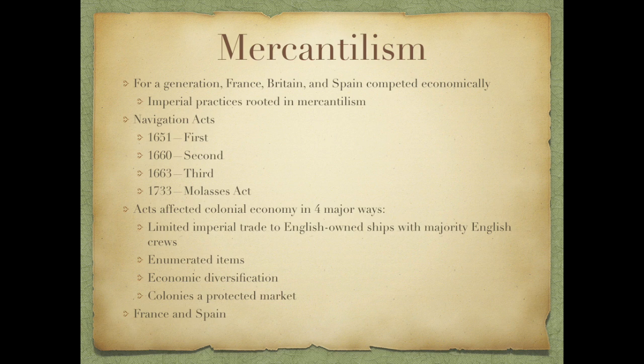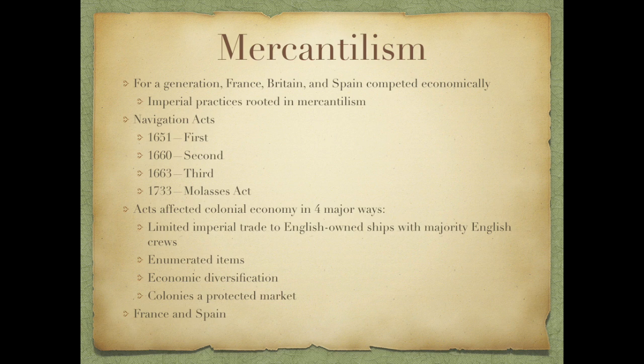Finally, the colonies were a protected market for low-priced exports from Britain. The steady demand for colonial products spawned a great deal of prosperity. Retail shops started to spring up in cities and on rural crossroads, and colonists were now able to purchase a growing collection of imports. Colonial consumption also spurred British exports to North America, and so it was kind of a win-win for everyone in that way.